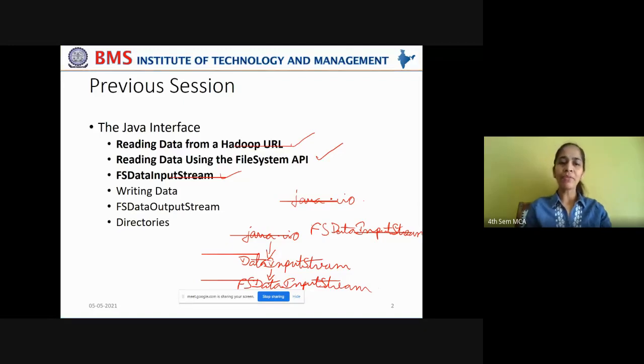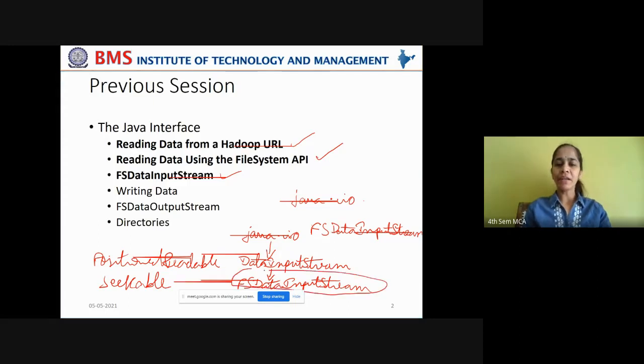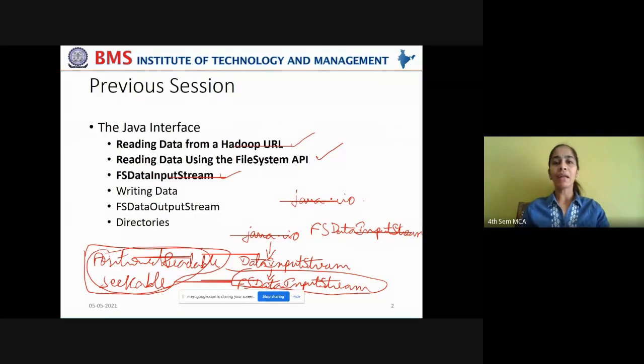That also we have covered. These two are the interfaces that are implemented by this FS data input stream. By implementing these two interfaces, we would be able to implement the abstract methods that are declared in position readable and seekable.